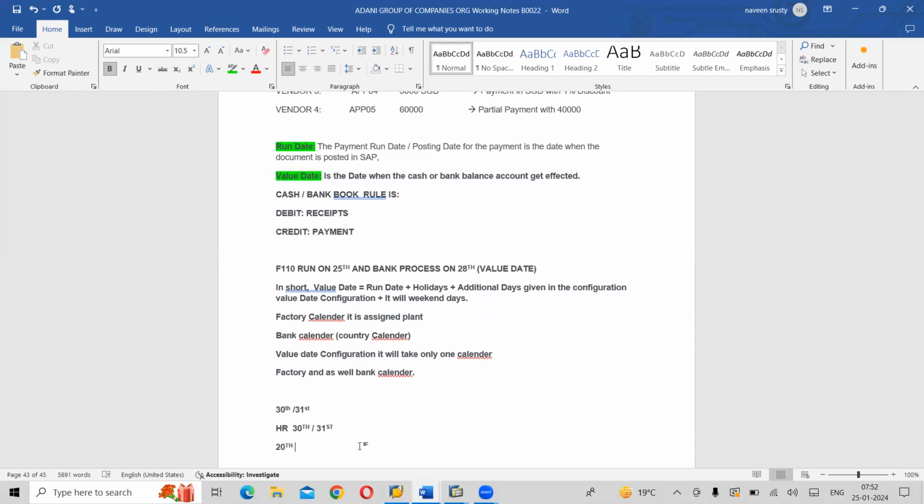Once they do the payment process, whatever files are generated, those DME files, we will discuss what the different DME files are, will be sent to the bank. They contain how many employees, what the salaries are, and all those details. The bank will upload them in their system, which will take 3 to 4 days. And on the last working day,